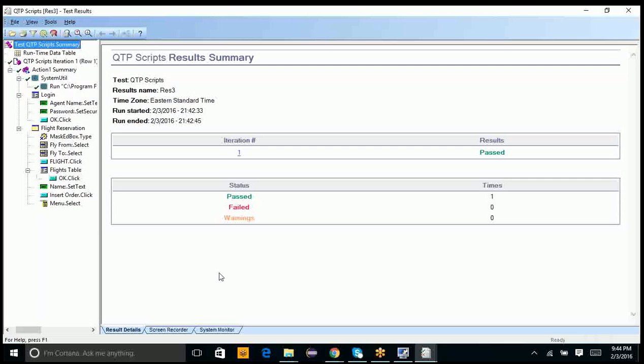So why is it showing passed 1 time, failed 0 and warnings 0? It means among all the steps in your QTP script, one step's status is passed, and there are no failed ones and no warnings at all. Then the overall summary you got is passed.